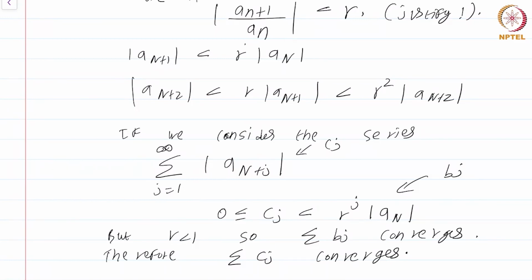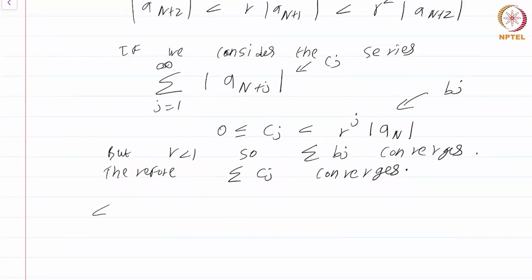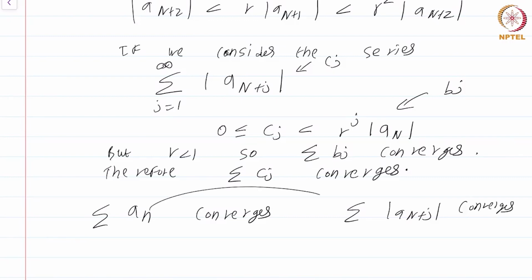How does this help us? Well, observe that our original goal was to show that summation an converges. Now what we have is summation mod a n plus j converges. This is what we have. But these both are intimately related to each other in the following way. By Cauchy convergence criterion,